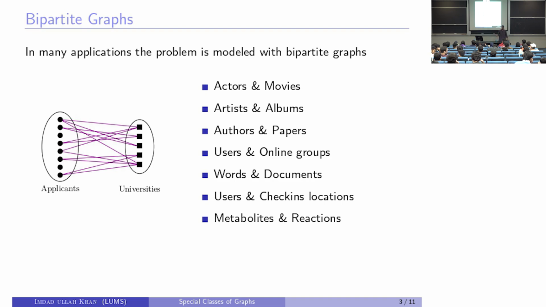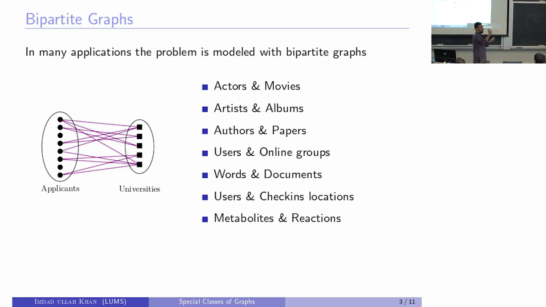Words and documents. This became the most important thing in the last couple of years with these large language models. A word appears in a document or doesn't appear. How long or how frequently does it appear? So this is a lot of things: the bag of words model, set of words model, TF-IDF and those things. All of this is just,